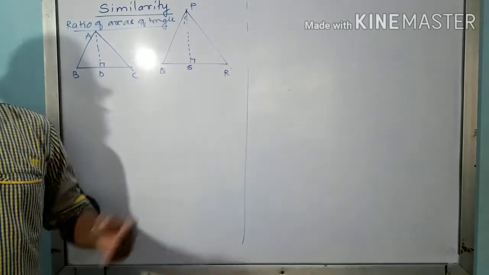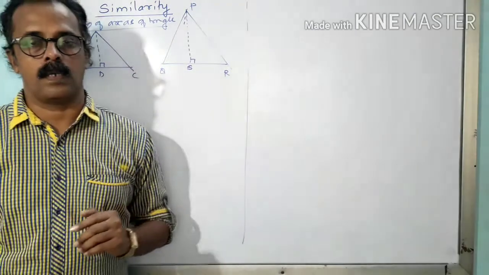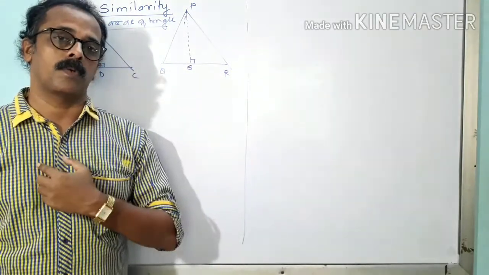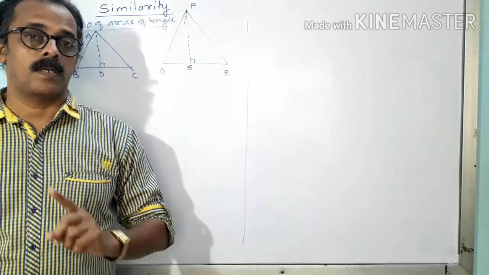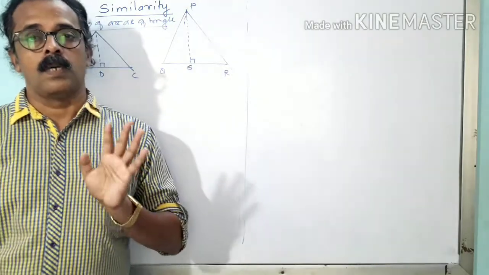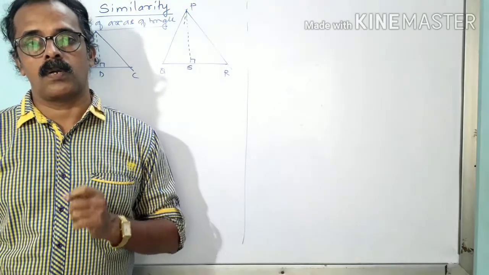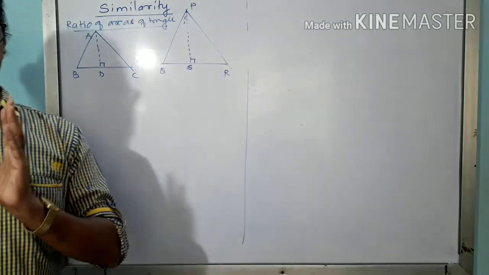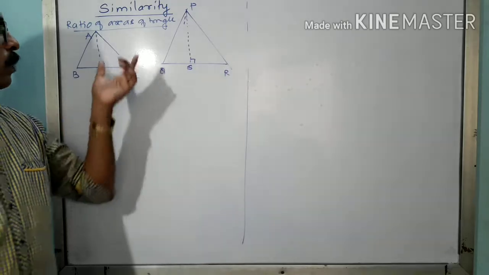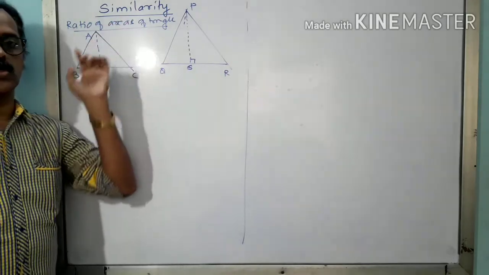Now, the ratio of areas of triangles. Again, ratio and proportion are important here. Which standard did you study them in? Right, 9th standard. Ratio means what? It is a comparison of two physical quantities which have the same unit. Just keep this term in mind. Today we are going ahead with the ratios of areas of triangles.